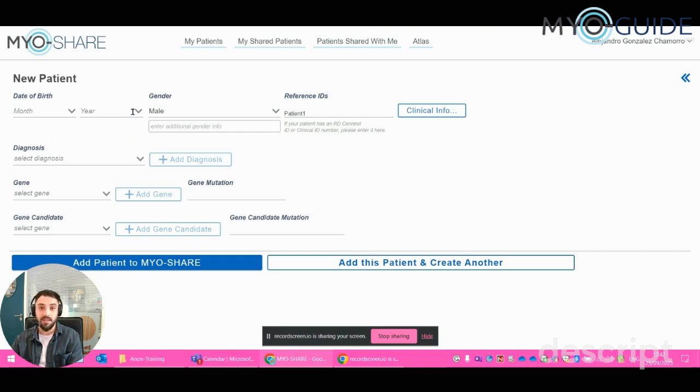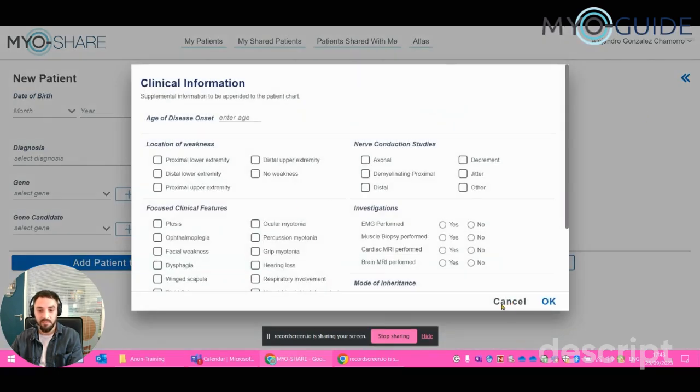And if you are so kind, you could create an Excel file with the list of the patients with the IDs, the other ID that is going to be created now in the MyoShare platform, the gender, the diagnosis, and the age, not the date of birth. And if you could share that with us, making sure that it doesn't contain any patient information, we would be very grateful. We don't really care about the diagnosis and other information here. You can just leave everything blank.